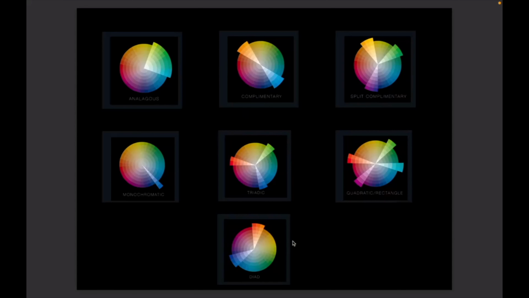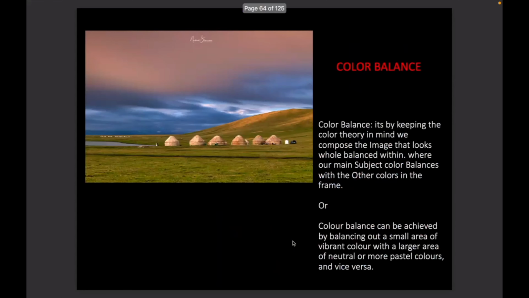These are very basically very hard compositions or hard color theory that you see in landscape photography. Now, let me show you the example first. Okay, so the color balance, by keeping the color theory in mind, you compose an image that looks whole